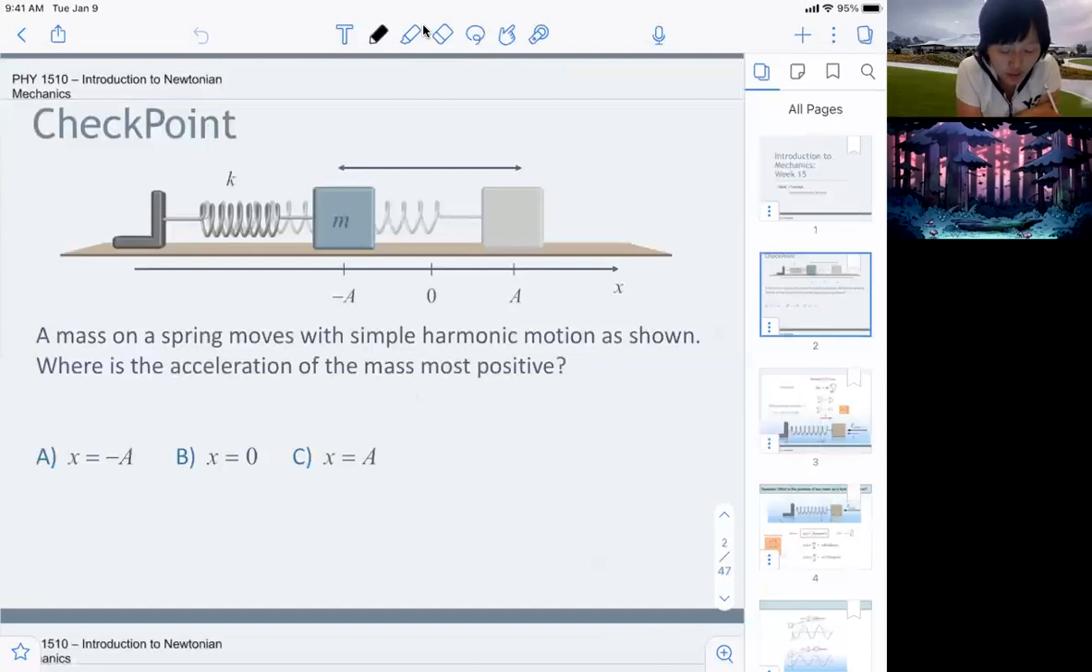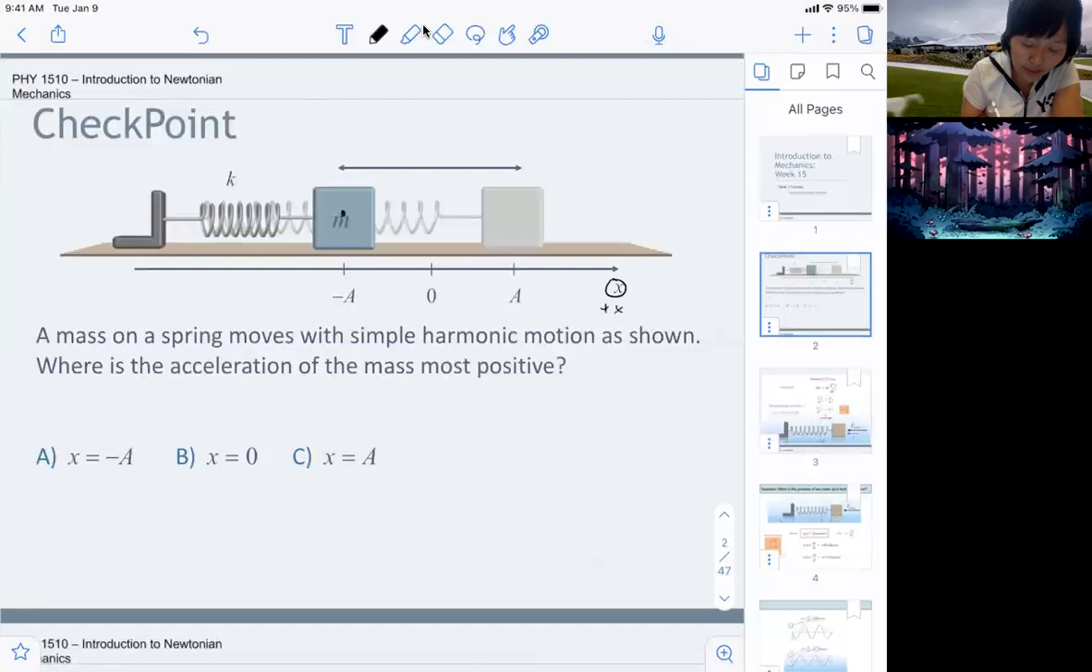Okay, so this is a checkpoint question you have already done. We have a mass on a spring that moves with simple harmonic motion as shown. At what point is the acceleration of the mass most positive? All right, so we have defined the positive direction to the right as positive x, right? So in which way is the acceleration most positive? There are 3 points it's asking us. So let's look at